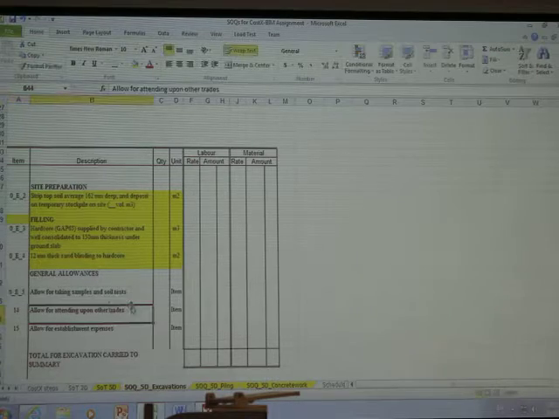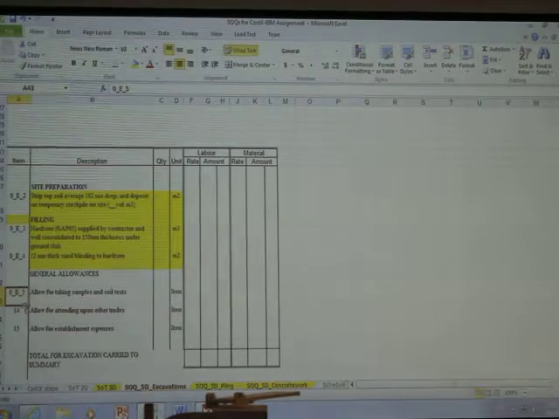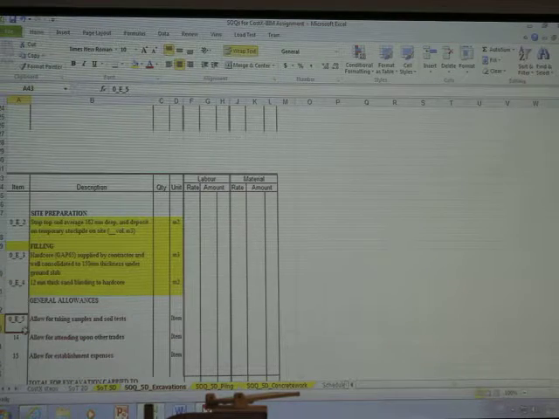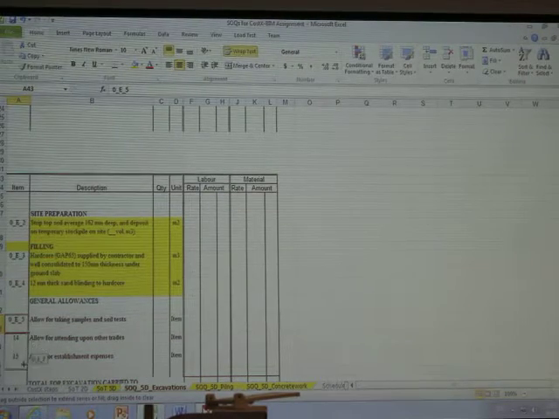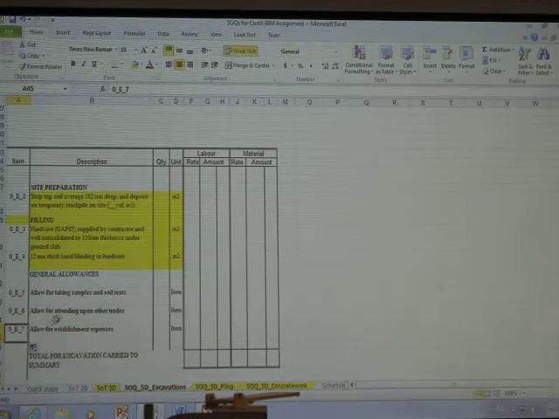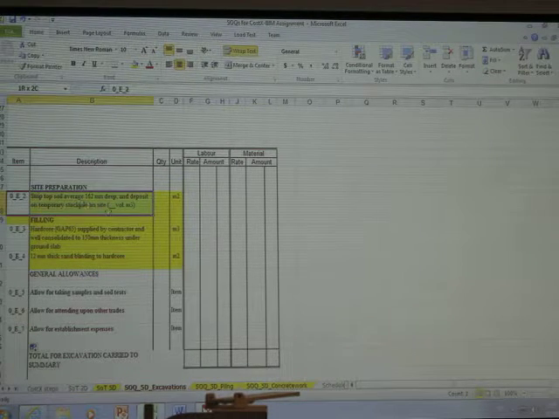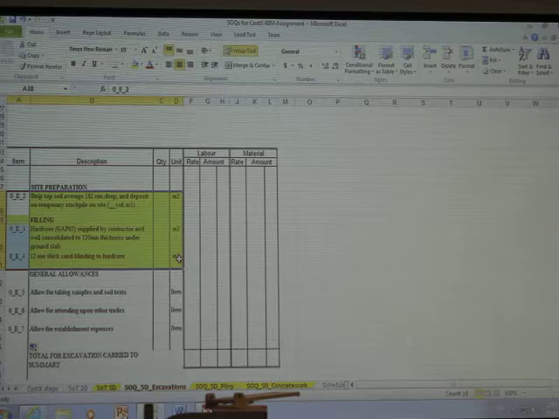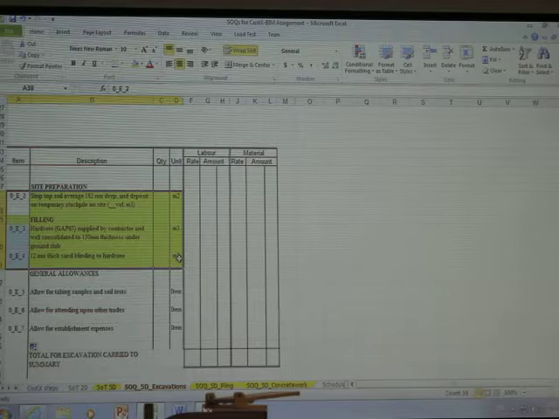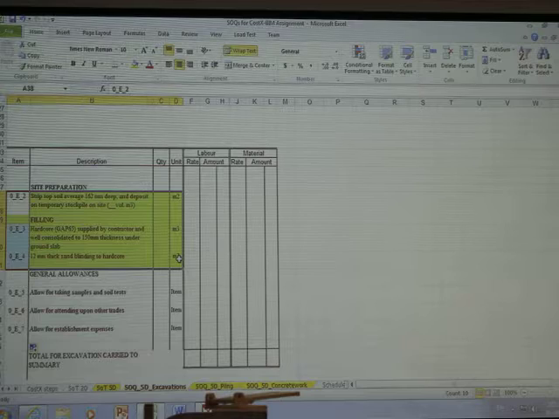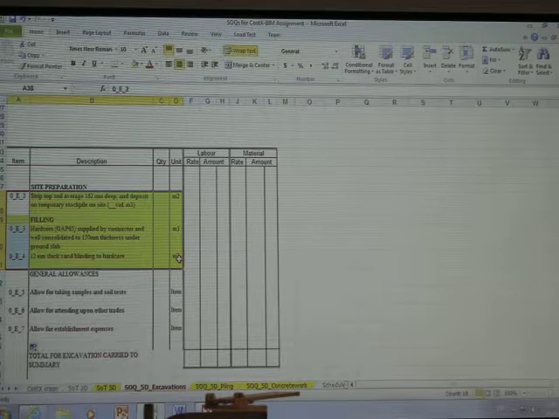Some people prefer having all the allowances in one place. So if that's the case, then you might rearrange this and bring them to here, but let's just leave it the way it is now. So we have 7 items under the excavation trades. But the ones that we are concerned with in terms of dimension group and quantity calculations are those highlighted in yellow. But we need everything to load up our